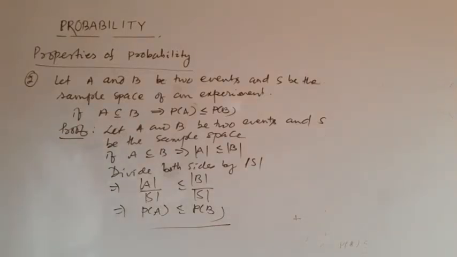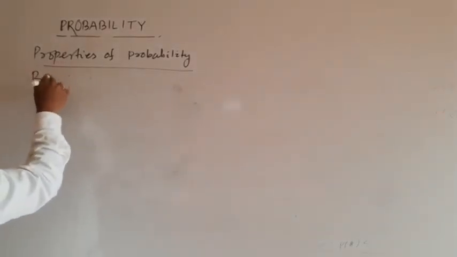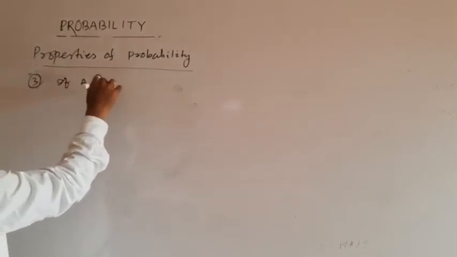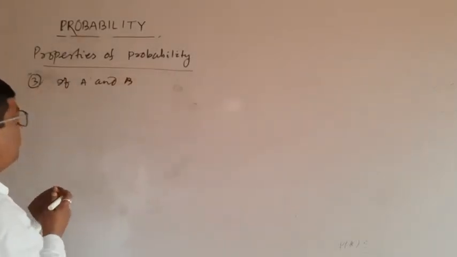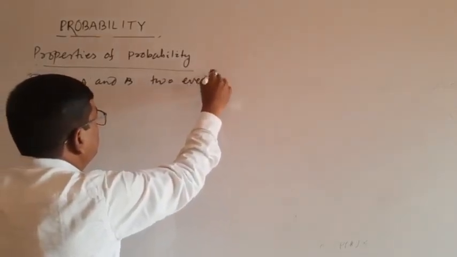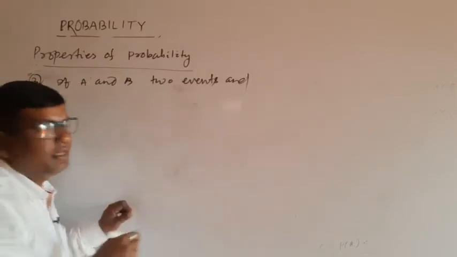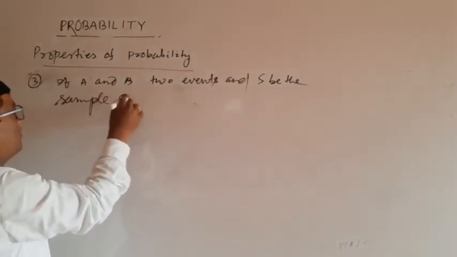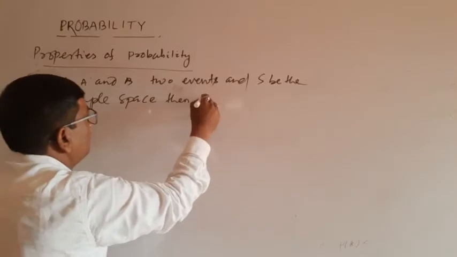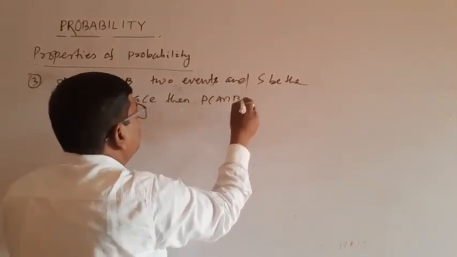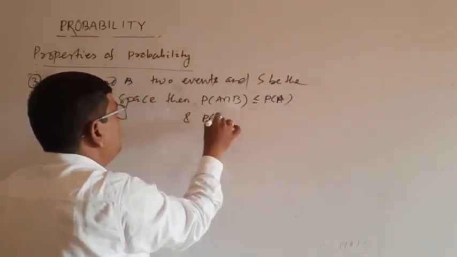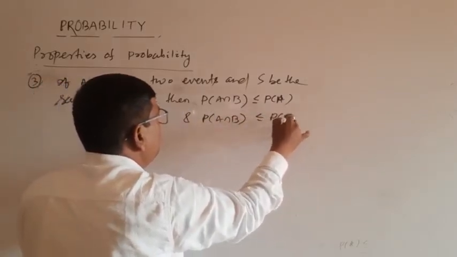Now property number 3. If A and B are two events and S is the sample space, then P of A intersection B is less than or equal to P of A, and P of A intersection B is also less than or equal to P of B. Proof: